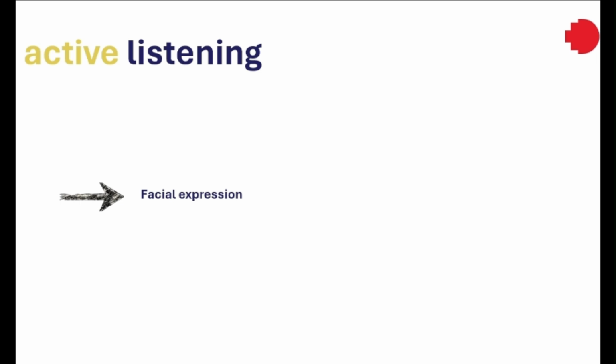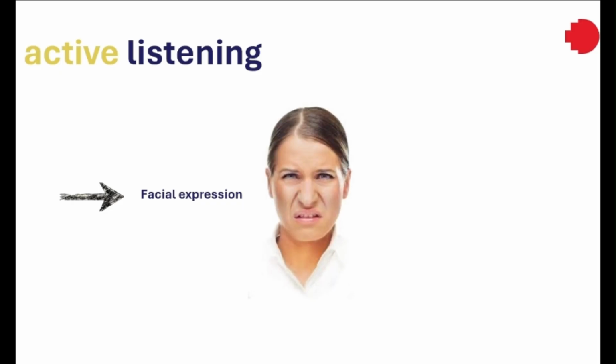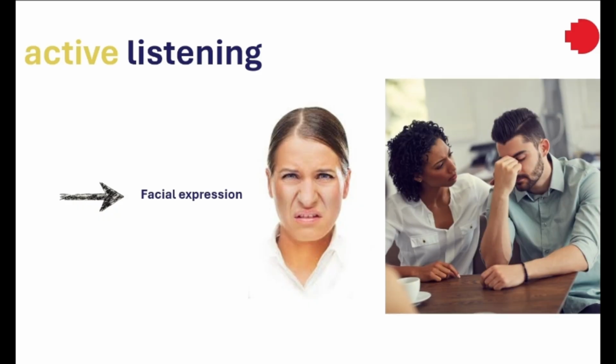We can also think about facial expression. Facial expression usually has a significant impact on this idea of active listening, because our facial expression shows pretty much what we're thinking. For example, let's imagine someone talks about having stolen something as a child, and we make a face showing disapproval or disgust. You can see how our facial expression conveys a judgmental stance and conditional acceptance rather than unconditional. Our judgmental facial expression is likely to hinder the rapport building process rather than help the rapport building process.